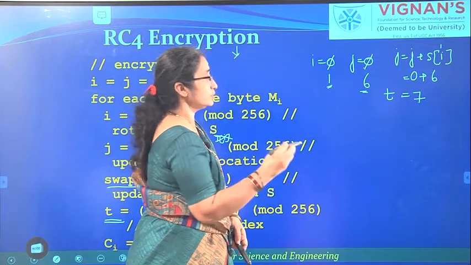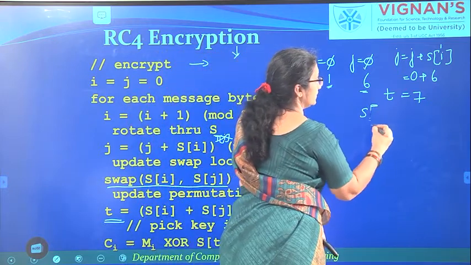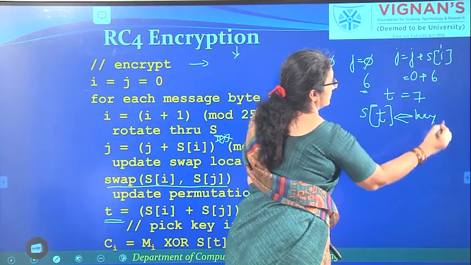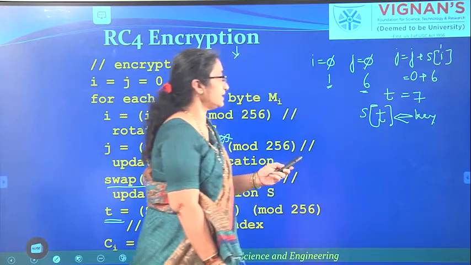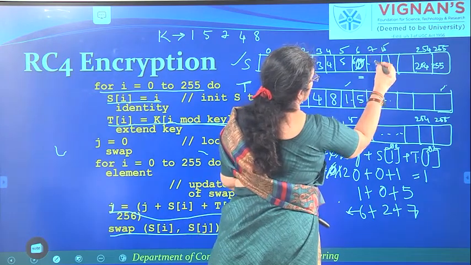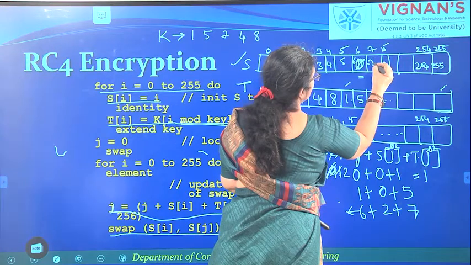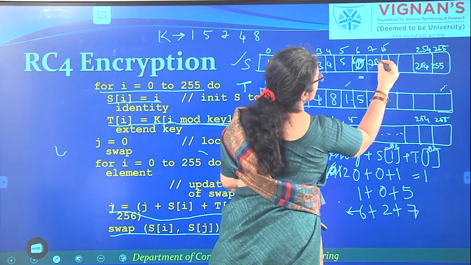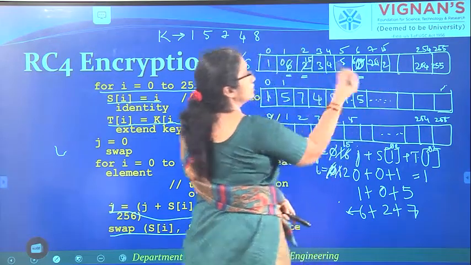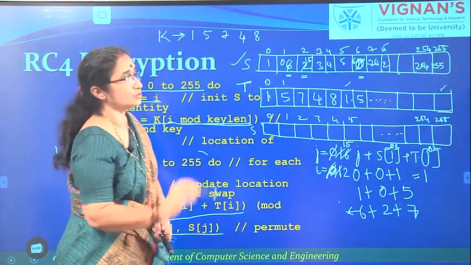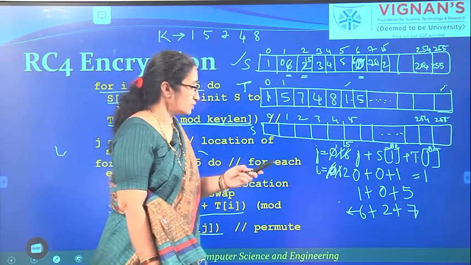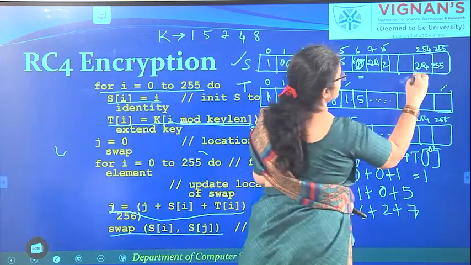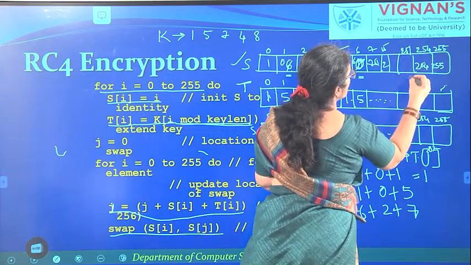Now you have to take S of t value as the key. So what is there in S of t? Suppose after permuting it you may have some number between 0 to 255, since you do not have 256. Let us suppose you have 251 there. So if you have 251, the key will be the value present in S of 251.